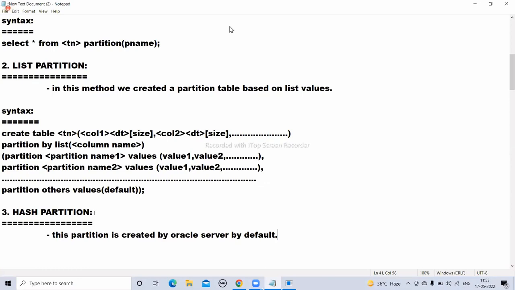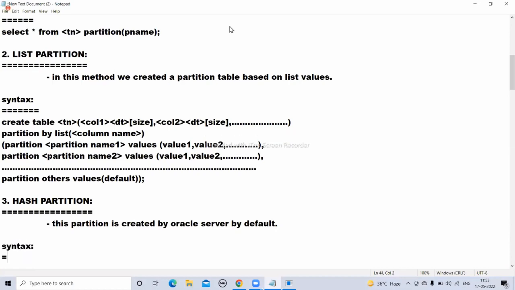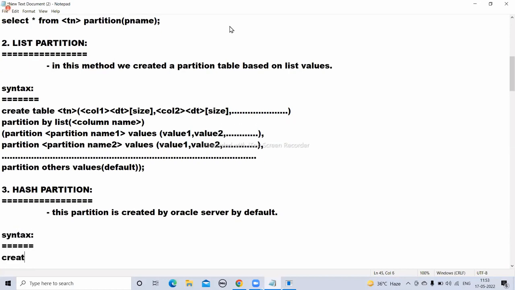The user just sends a request to my Oracle server: how many partitions do you want on this table? I'm not creating any partitions here. Understand, all of you? I'm not creating any partitions. I'm just requesting my server. So how do we send the request to the server? My request is: